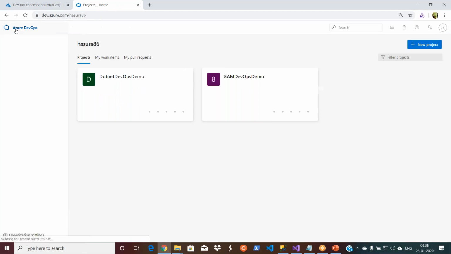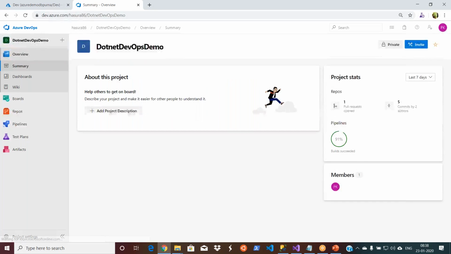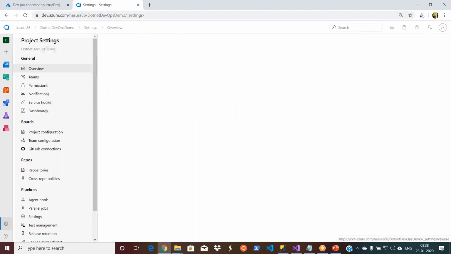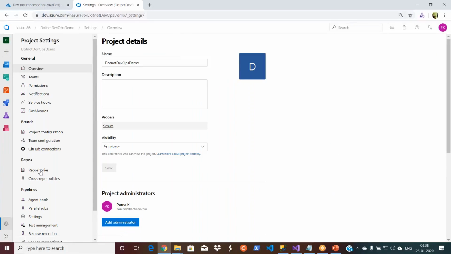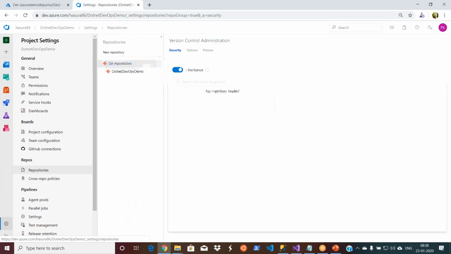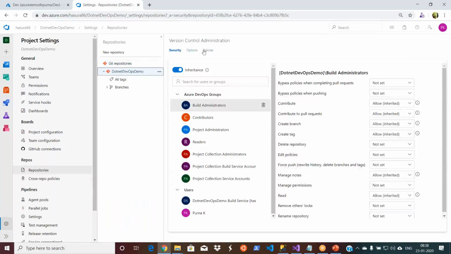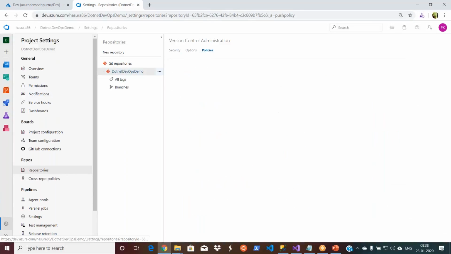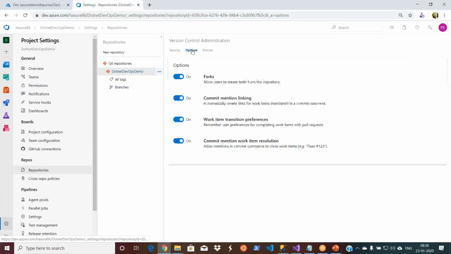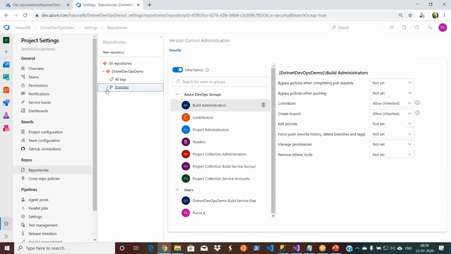Let's go to the project level. Let's go to the project DotNet DevOps demo, and then project settings, and this is related to the repositories. Let's go to the repositories and check all the policies and options. I'm pushing it to the master, right?